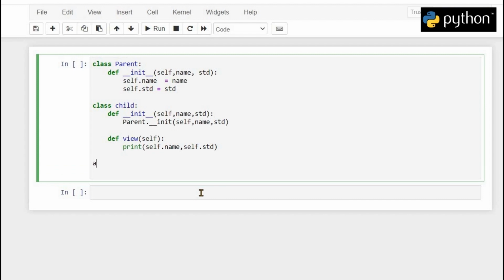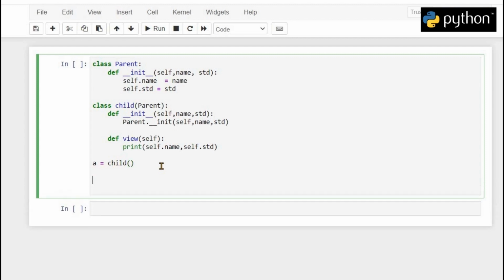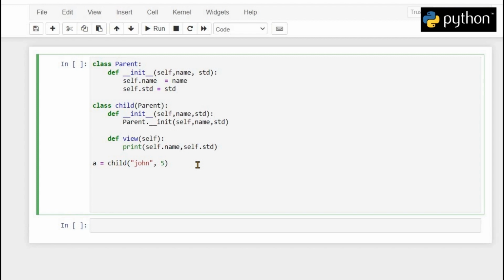Now if I define a variable named a and instantiate it as an object of the child class, we have to inherit the properties within the parent class, so we will write parent. Now if we want to create an object of the child class, and within the child class we write the name, let's say John, with the std of 5, and if I run the view function again, that is a.view,